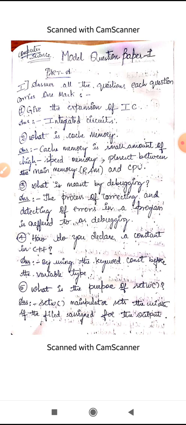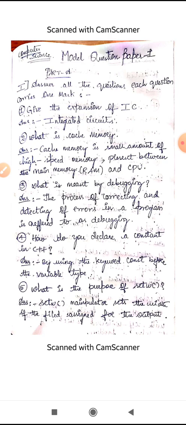From question paper 1 to 10, you have to solve them in a separate assignment book, and this assignment book has to be submitted. It will carry marks, and that will have a weightage for issuing the hall tickets. Okay. So let us begin with part A of this question paper.